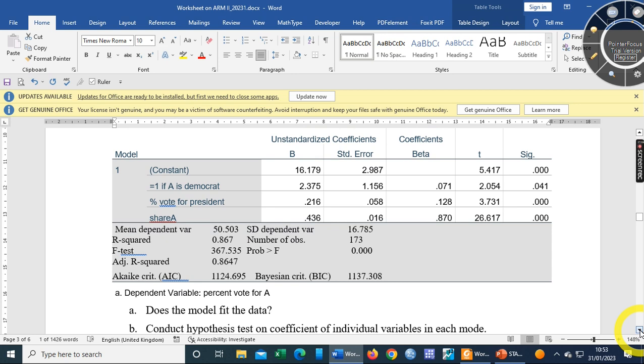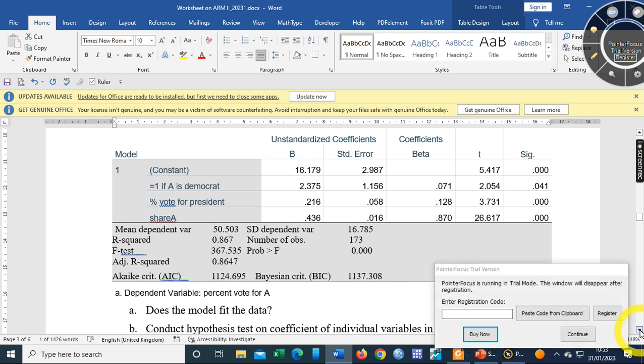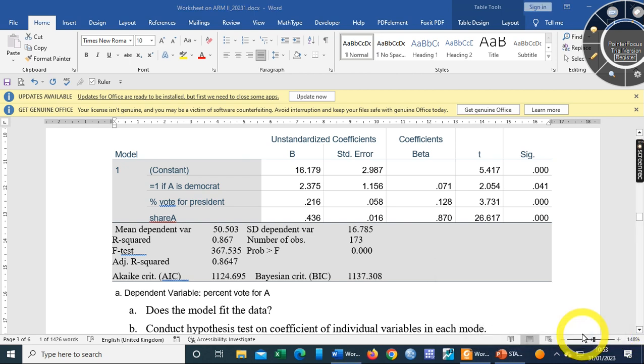The third model, look, in the third model, what we did was